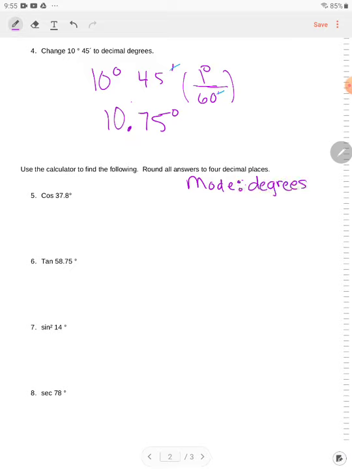Usually your calculator, if you have the graphing calculator, is initially set in radians. So you go to mode and you arrow down to where you see radian, and then arrow across, highlight degrees, and then hit enter. So degrees should be shaded there. So I just type in cosine of 37.8, and I get, okay, let's write the number,